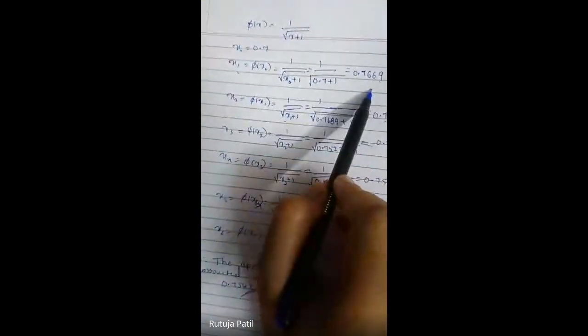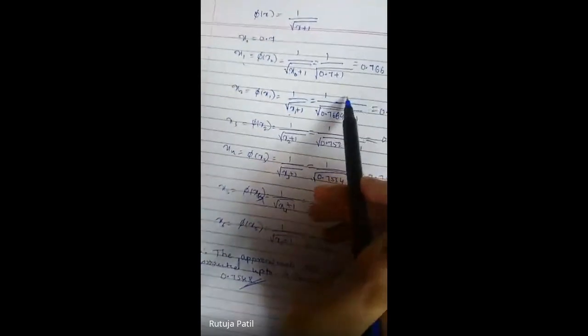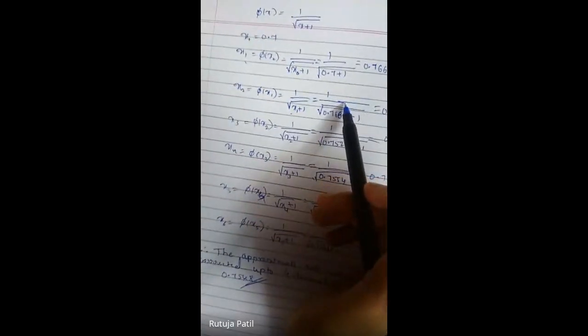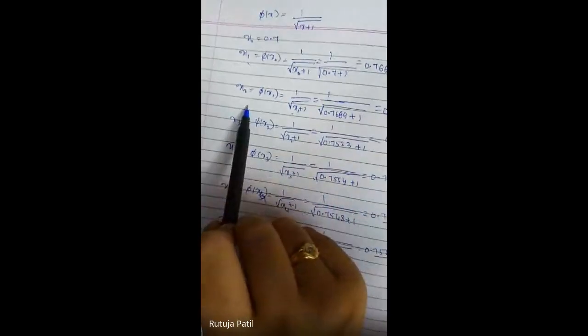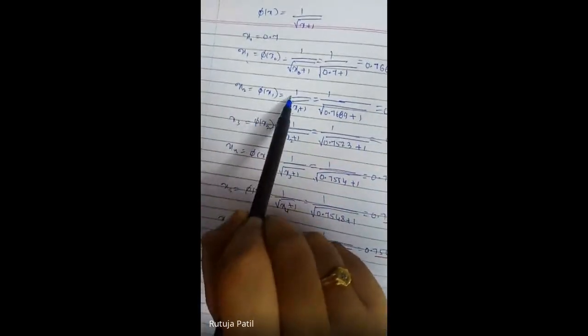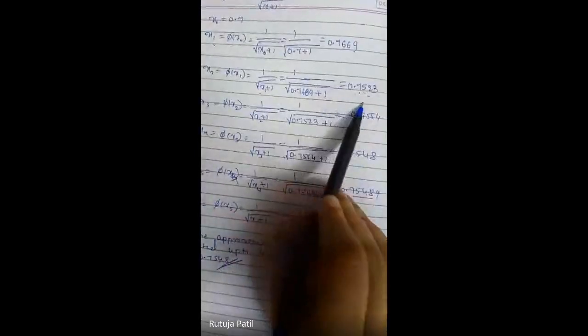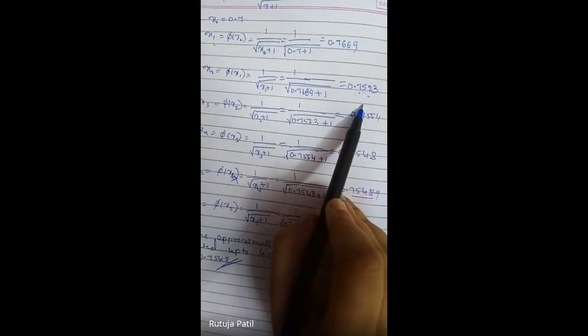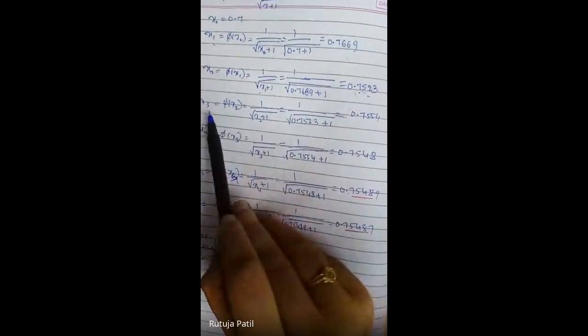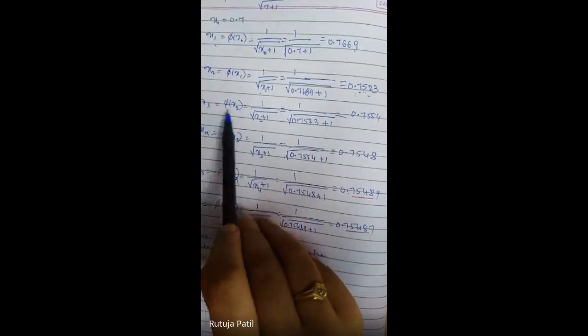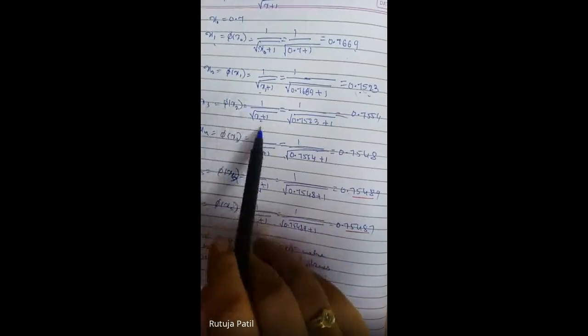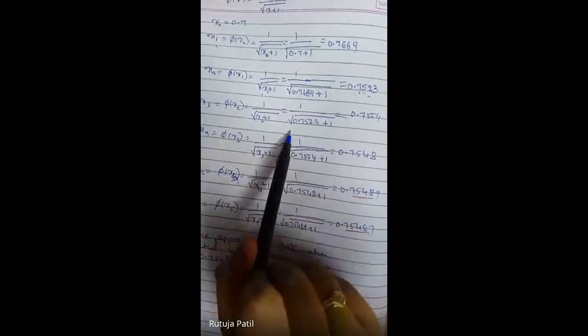This is the x1 value. Now if I want the next approximate root value for x, what do I need to do? I need to take x2 equal to psi of x1. So when we substituted this psi of x1, what we got there is 0.7523. Now after this, if I want x3, that is the next approximate root value, we have to substitute this x2 in this psi of x. So when we substituted this x2, we got 0.7554.